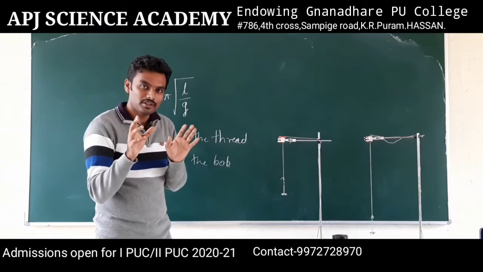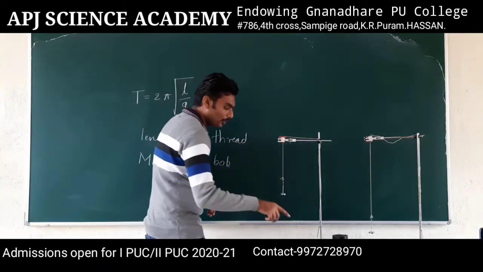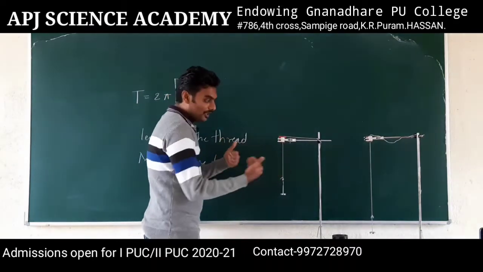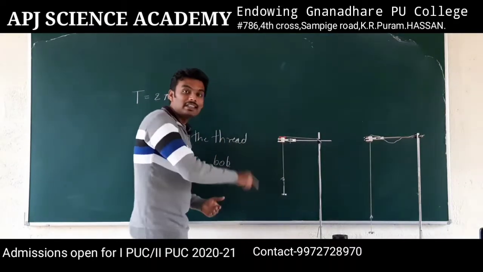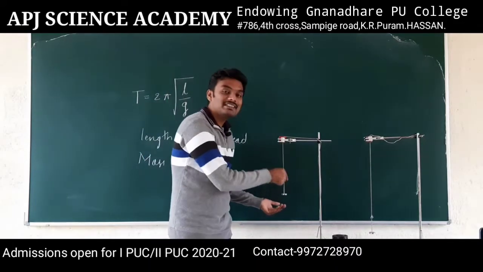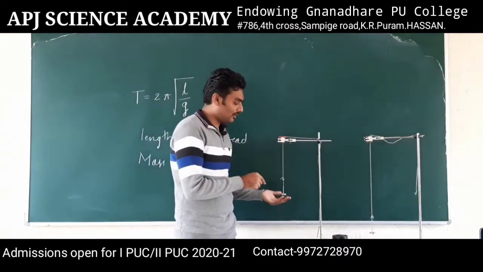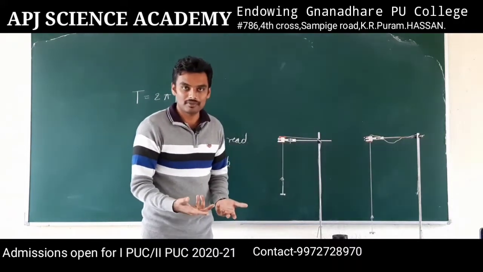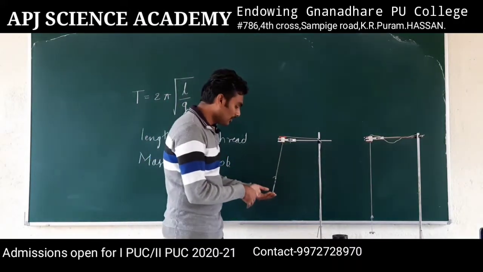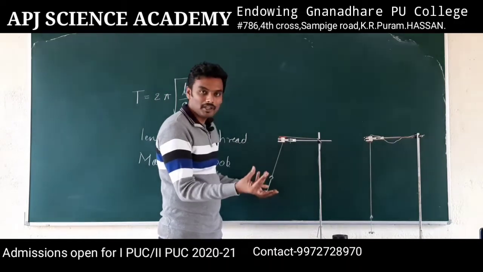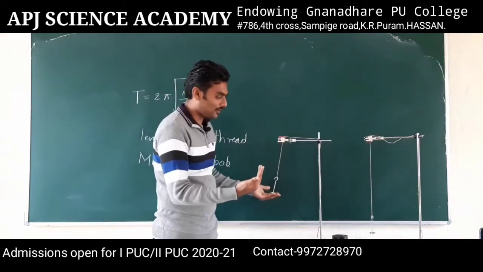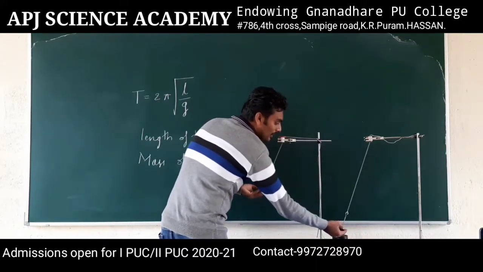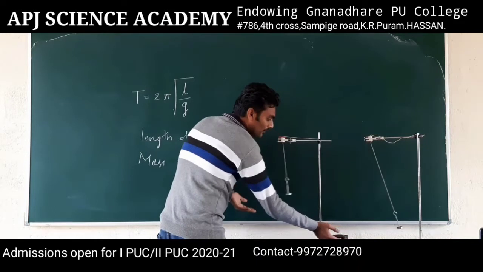This is a very important observation you should make. Because if the oscillation becomes faster with this, then the time period has decreased for this, isn't it? If it becomes faster, then the time period will decrease, because it can cover one oscillation in a small time, because it is oscillating faster. So now we'll see. I'll just replace it and leave.